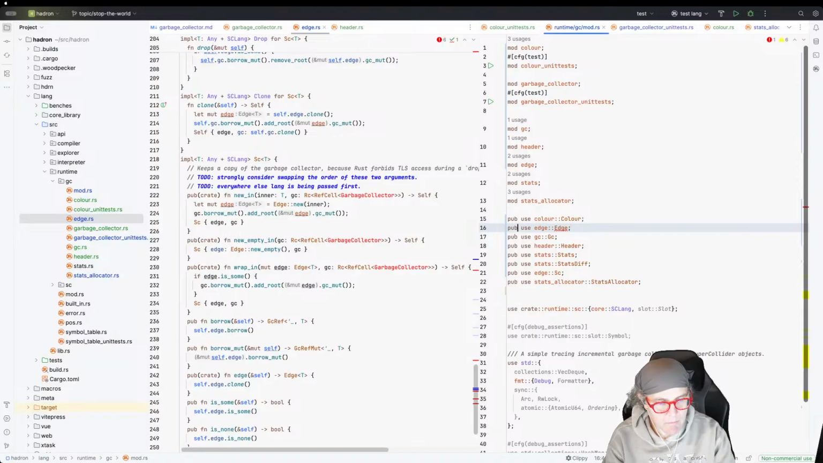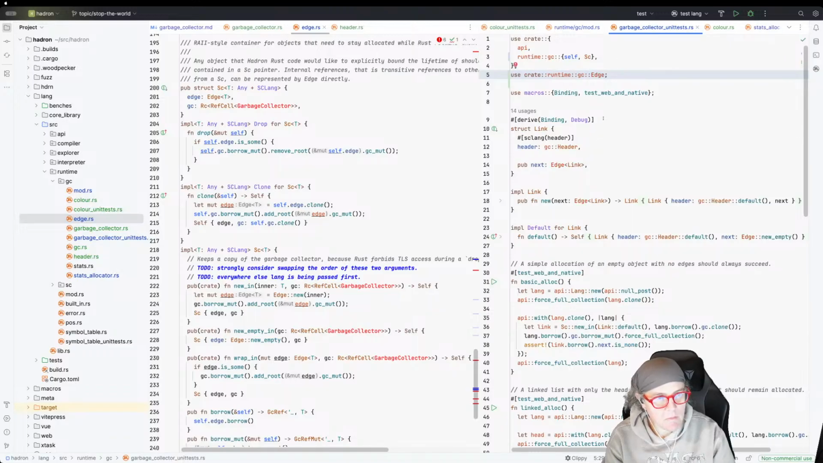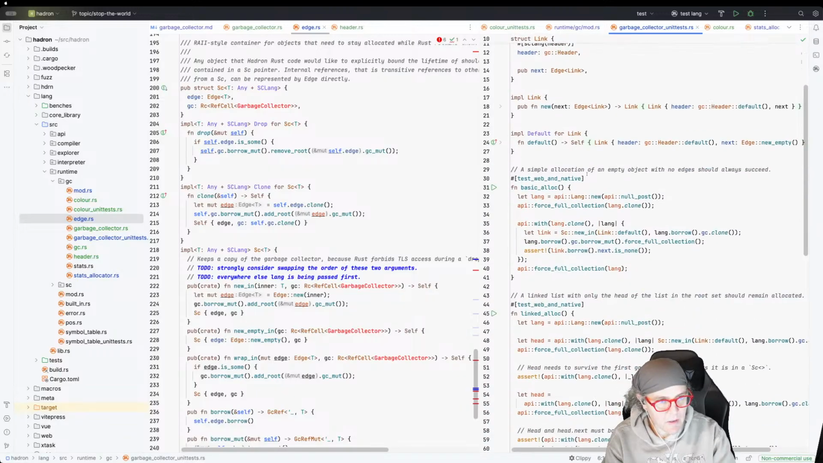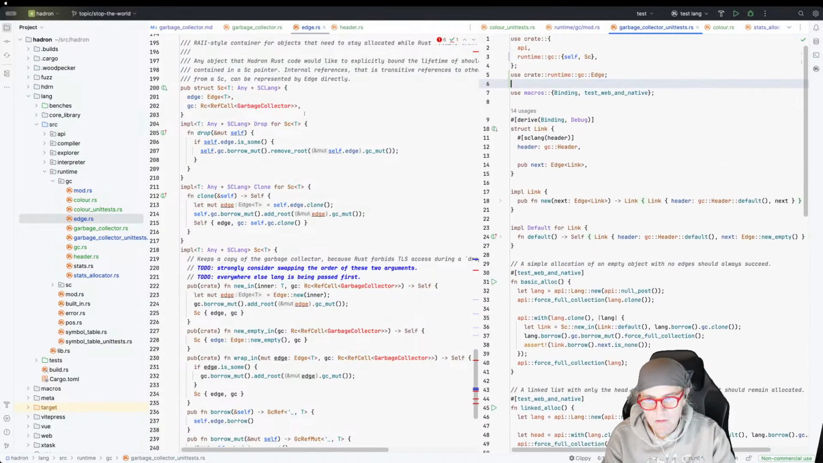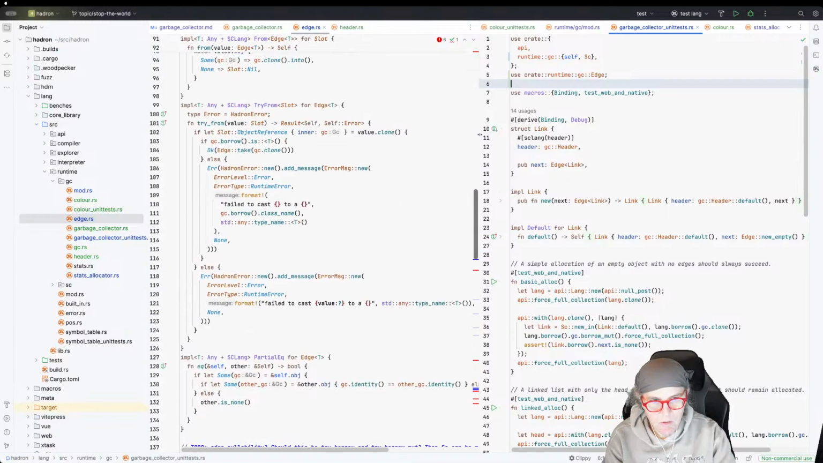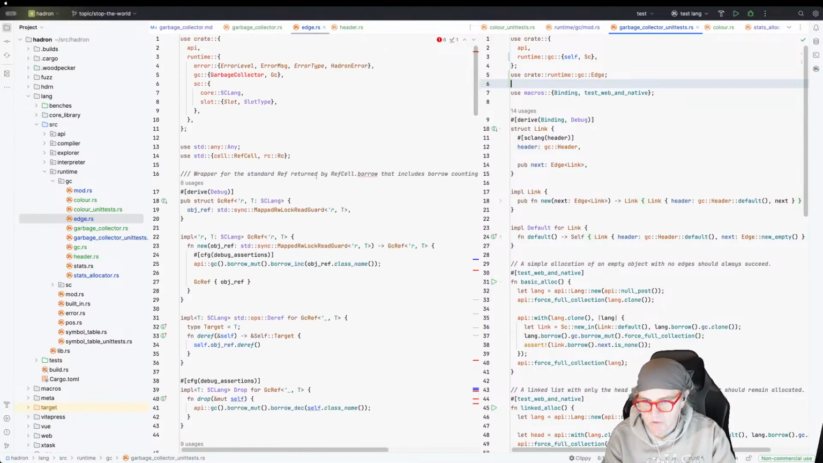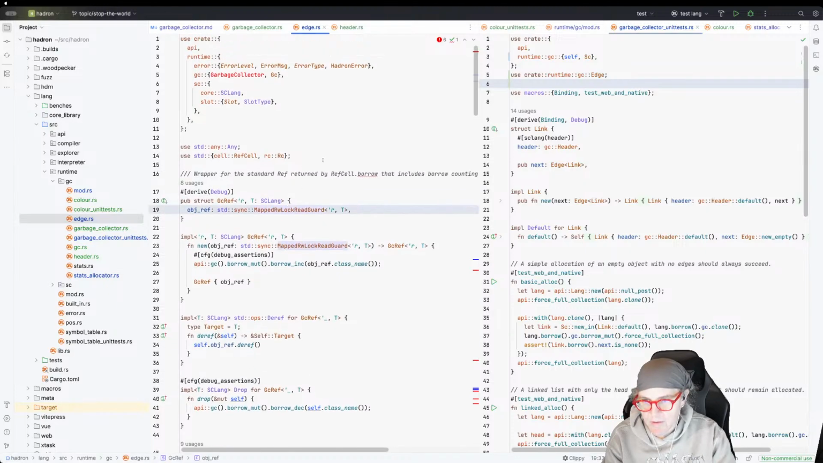Pub create. Okay. Fine. Got this thing. That's interesting to me that the unit tests already have a thing. Okay, so edge, start with edge. GC ref, no. This is not going to be that. It is going to be a